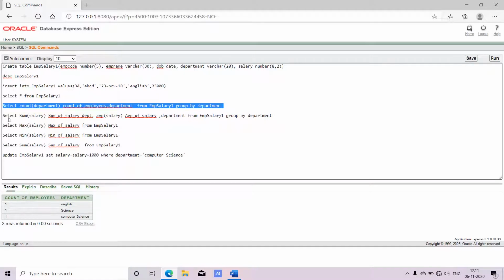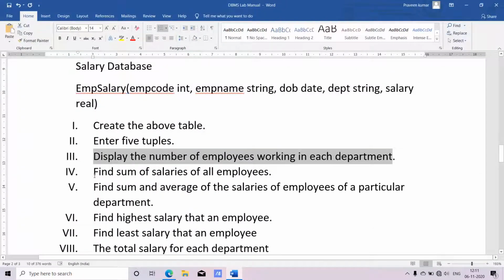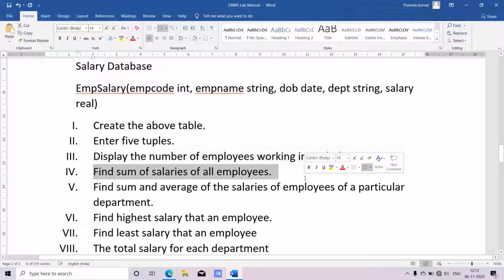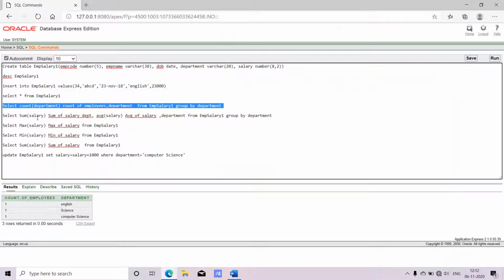Okay, so now we'll go to the next question, which is to find the sum of salary of all the employees. I need to find the sum of salaries of all the employees in the database. In that case, we'll have a query something like this.